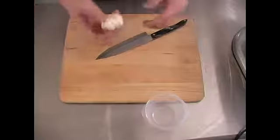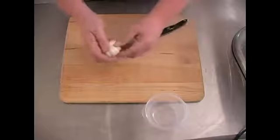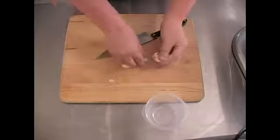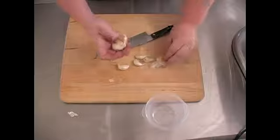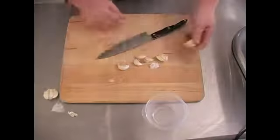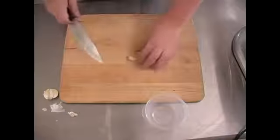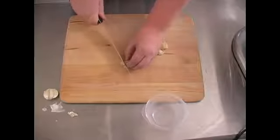And now we're going to talk about chopping garlic for our lasagna. Start off, we're going to need about 8 cloves of garlic. 1, 2, 3, 4, 5, 6, 7, 8. Now a quick way to do this is to cut off the ends where they're connected to the base